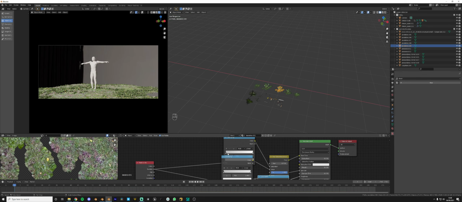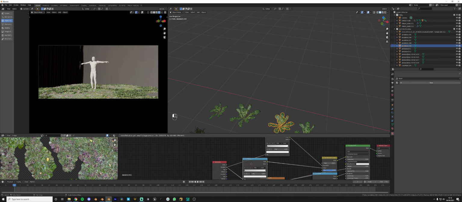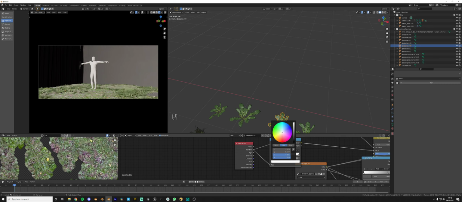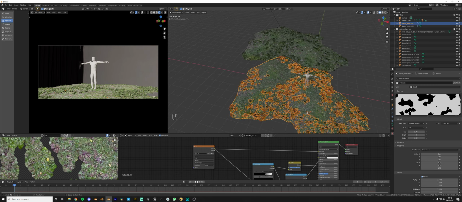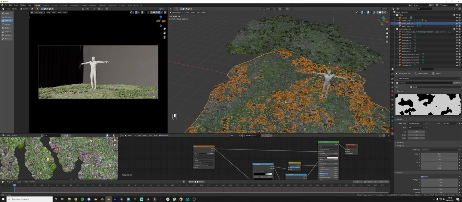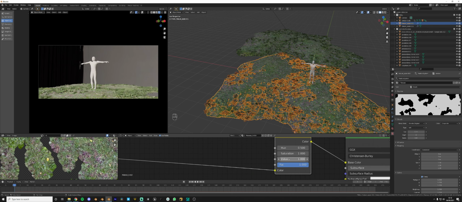Yeah, so these particles also have a particle info, so every new particle is going to have slightly different saturation and brightness value. So if I want to bring up the brightness, I can just do that like so. And if you want to tweak any of these colors, like of this grass material, you can search for hue and saturation, and here you can tweak the brightness of them. I'm gonna bring that down a little bit, just because why not? And you can change the saturation of it as well. All right,